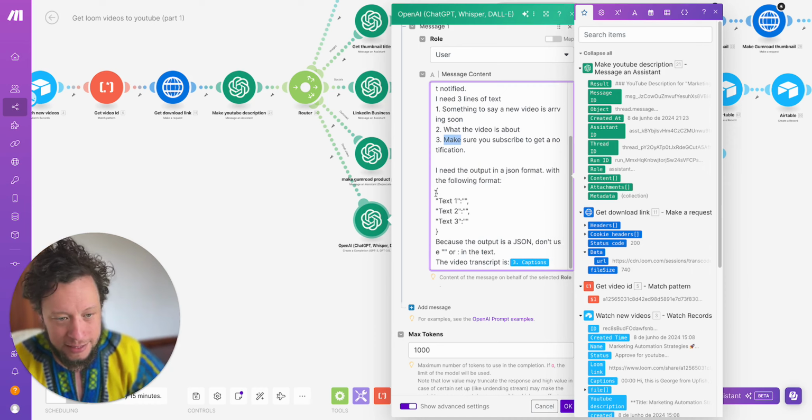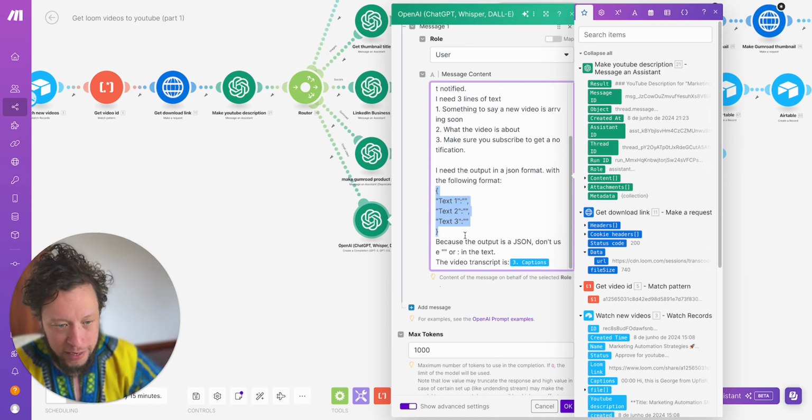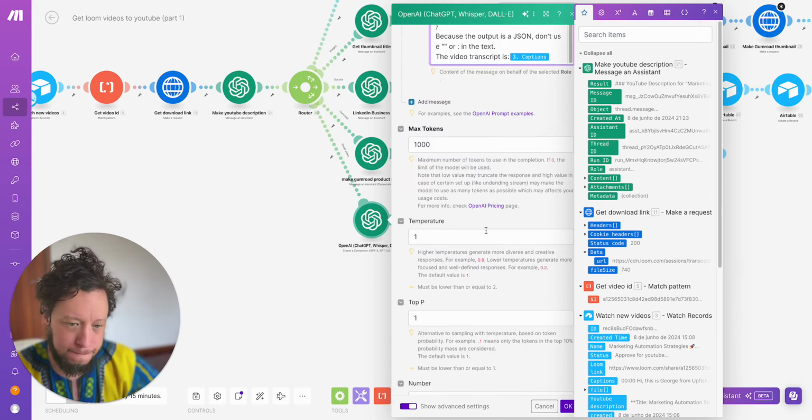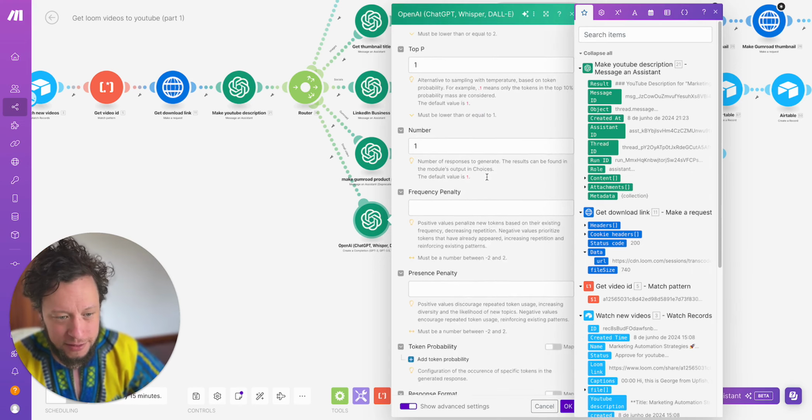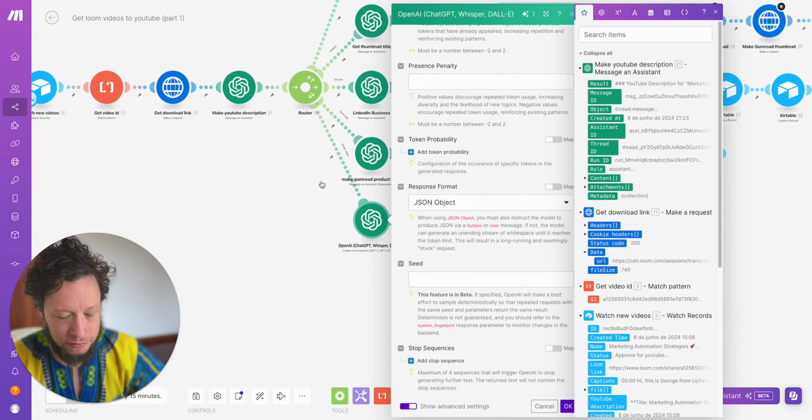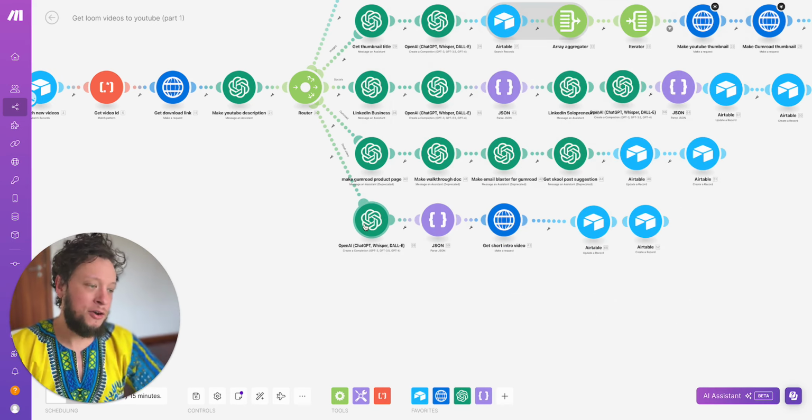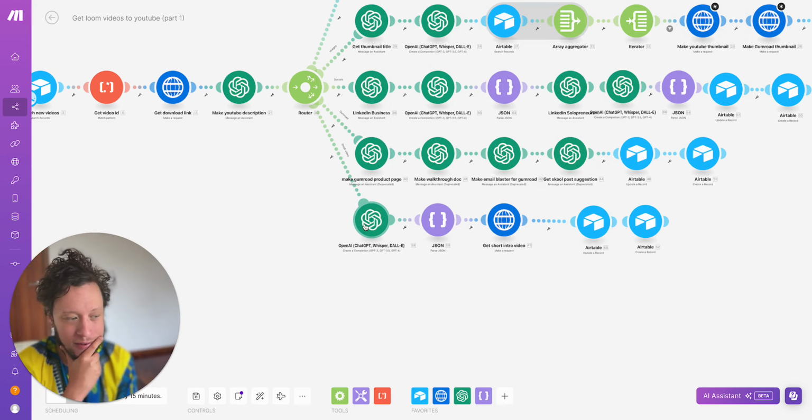I give it the desired output of a JSON format. So text 1, text 2, text 3. I give it the transcript. I tell it to do the response object as a JSON format. I don't know why I didn't use an assistant for this one. Well, I know why,